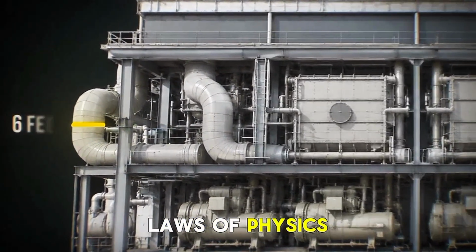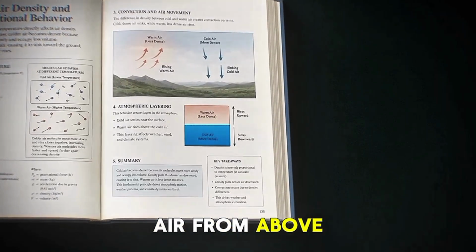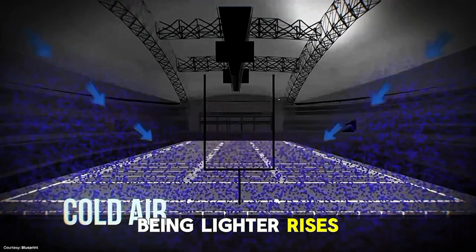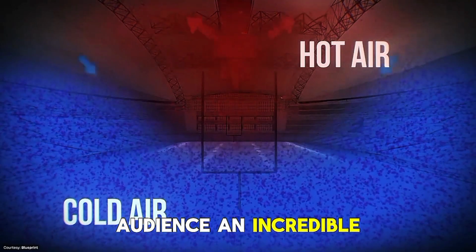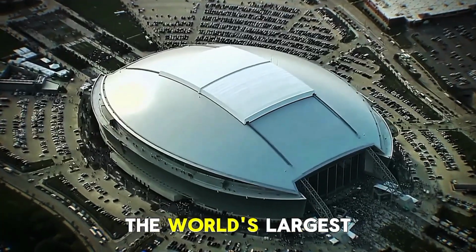According to the laws of physics, cold air is heavier, so these ducts push cool air from above. The air flows over the audience and settles down onto the field. Meanwhile, the hot air, being lighter, rises and collects in the empty space above the field, where it is recycled again. To give the audience an incredible viewing experience, AT&T Stadium was equipped with what was then the world's largest